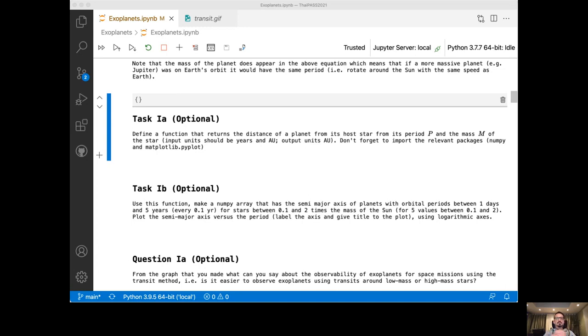Okay, so orbital period on the x-axis and distance on the y-axis. And you will do that for 5 stellar masses. So you need to plot it for 0.1 solar masses and then up to 2 solar masses. You can choose 5 values. So basically you will make a table or some kind of array that has 5 different values for the mass